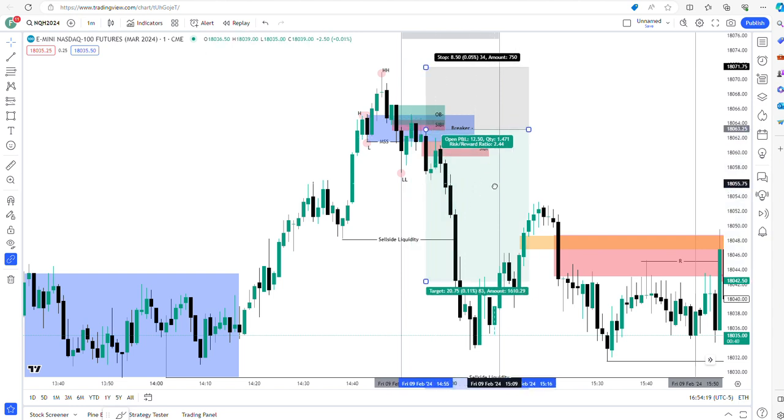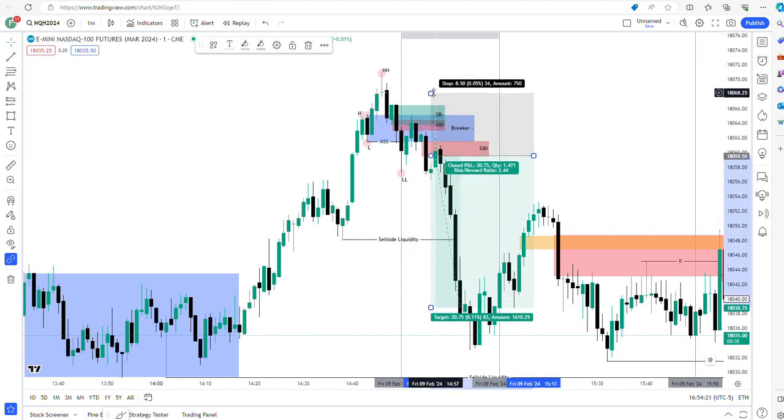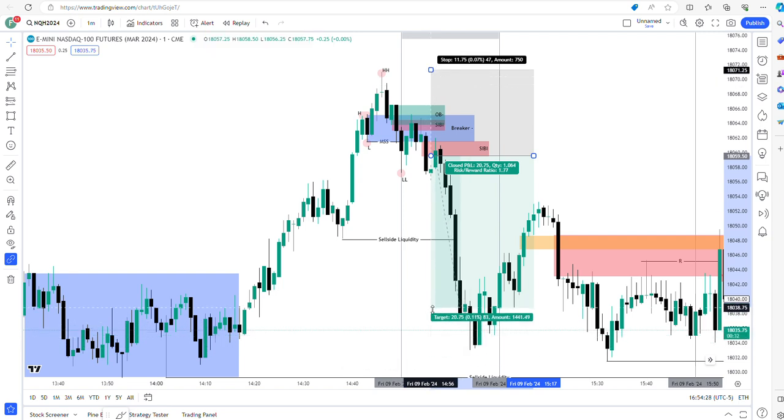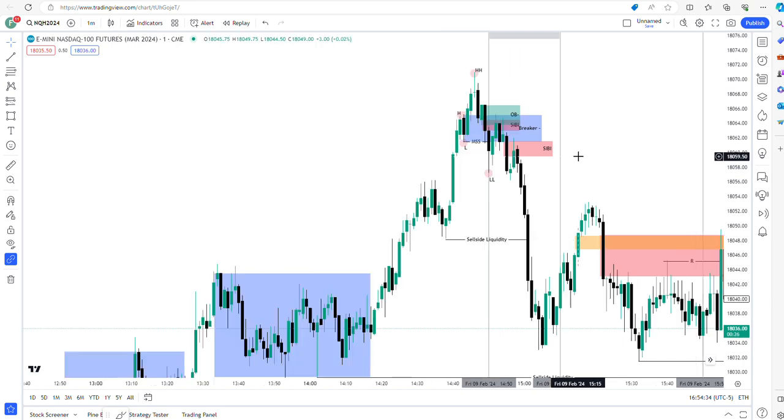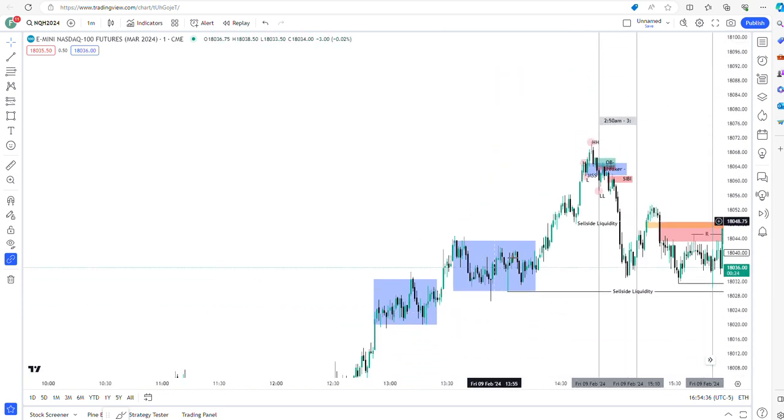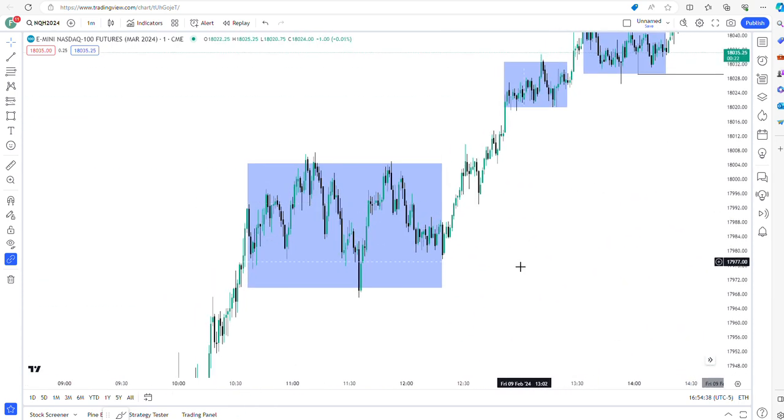If you didn't like that entry, you could have entered right here. And if you wanted to be really risk managed, you could have put your stop above that high. Do you get a 1 to 2 risk reward? Yes. If you wanted to really tighten your risk, you could put it like that, right? So this is an example from today's PM session, and what we might do now, we just might work back